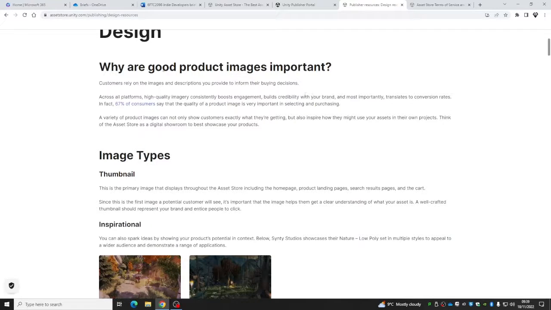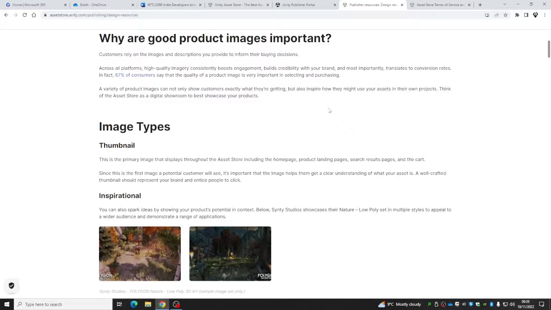In fact, 67% of consumers say that the quality of a product image is very important in selling and purchasing. A variety of product images can not only show customers exactly what they're getting, but also inspire how they might use the assets in their own projects. Think of the asset store as a digital showroom to best showcase your products.